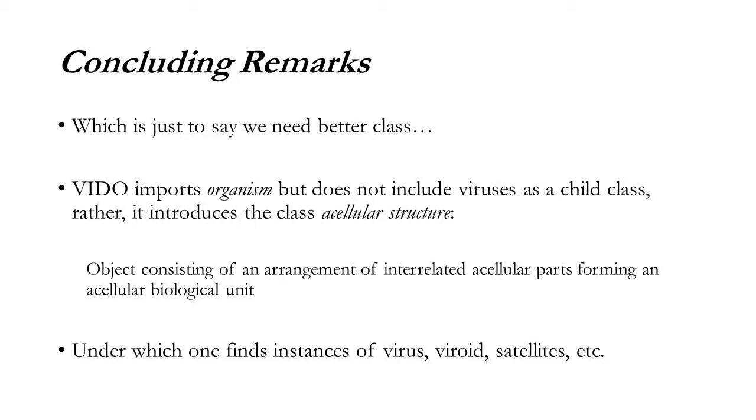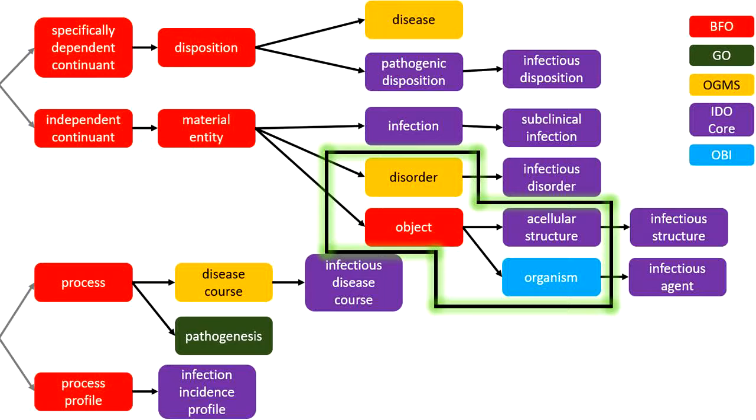Rather, VIDO introduces a class Acellular Structure, which is an object consisting of an arrangement of interrelated acellular parts forming an acellular biological unit, under which one finds instances of virus, viroid, satellites, etc. Here we covered again disorder, object, acellular structure, organism, and a little brief gesture at virus, which will be the topic of another